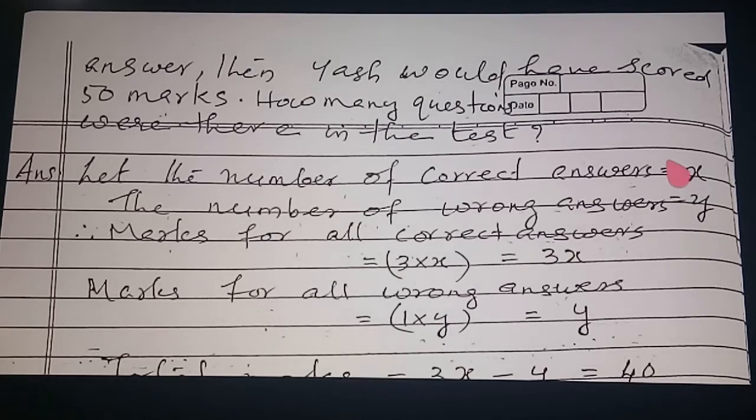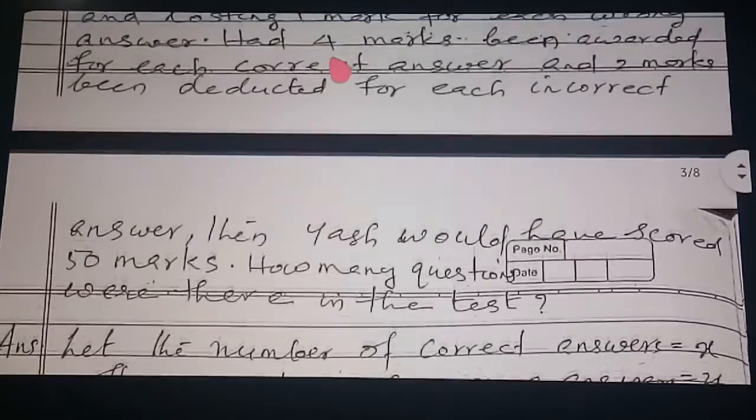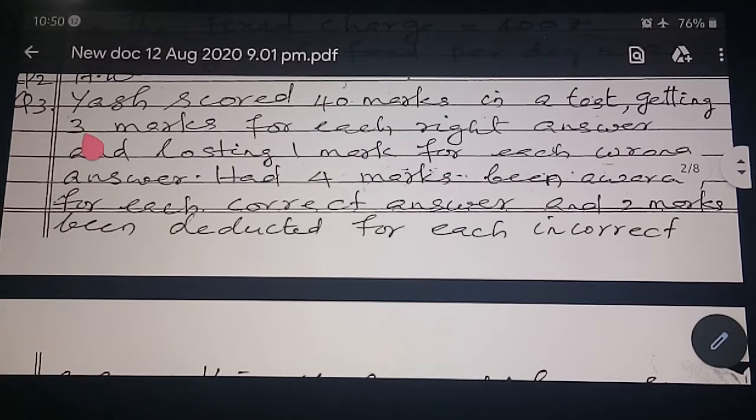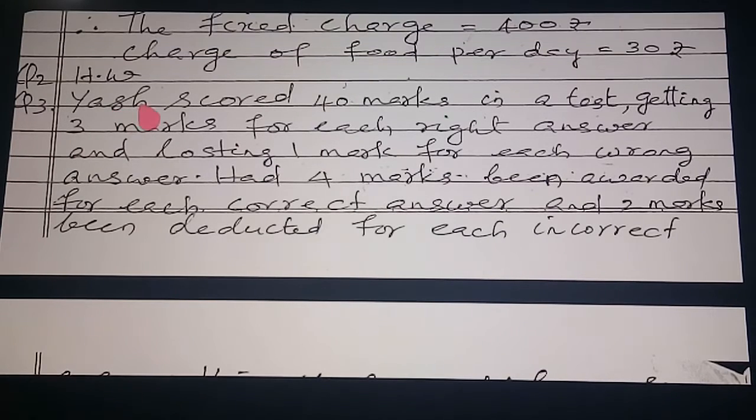Okay. So in the first case, for each correct answer how many marks did we get? 3 marks. Each correct answer 3 marks. How many questions are there? X questions. Then how much total mark will come? 3x. So if one correct answer comes, how many marks? 3 marks. If 2 questions are there, how many marks will come? 6 marks. So how many questions were there? X questions. Therefore how many marks will come? 3x. Did you get it clear?